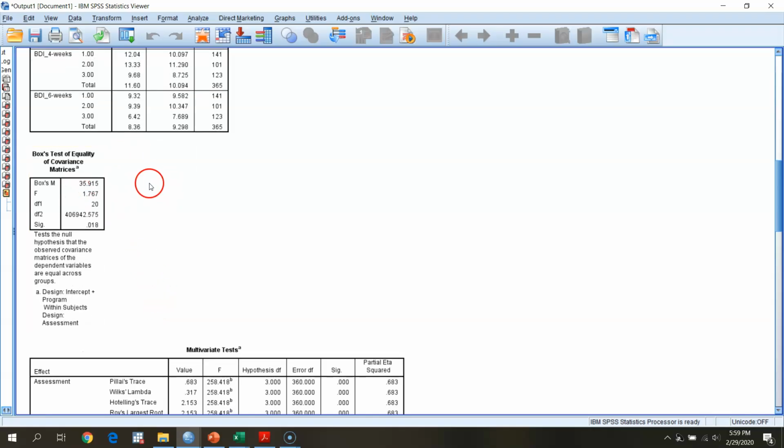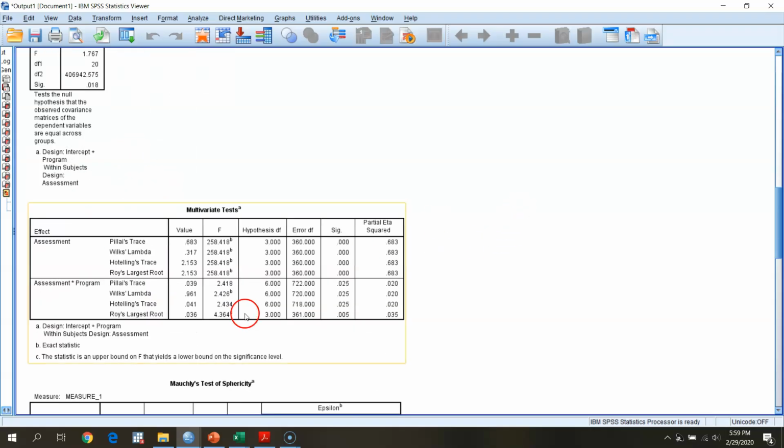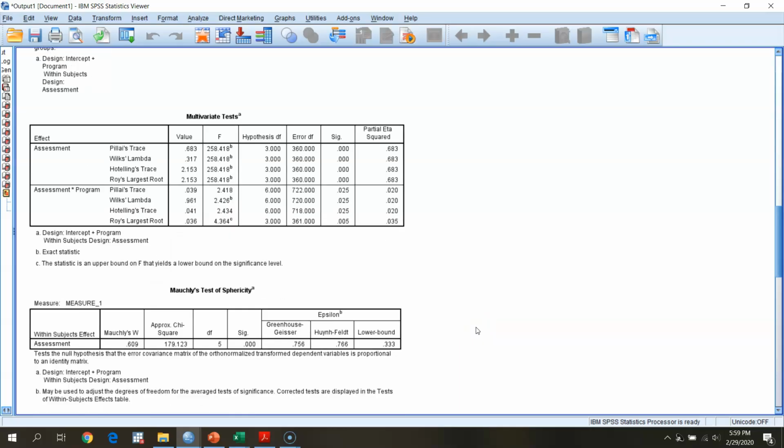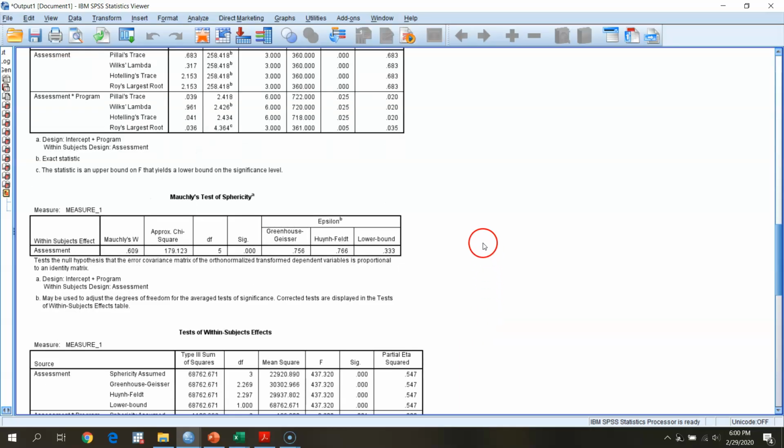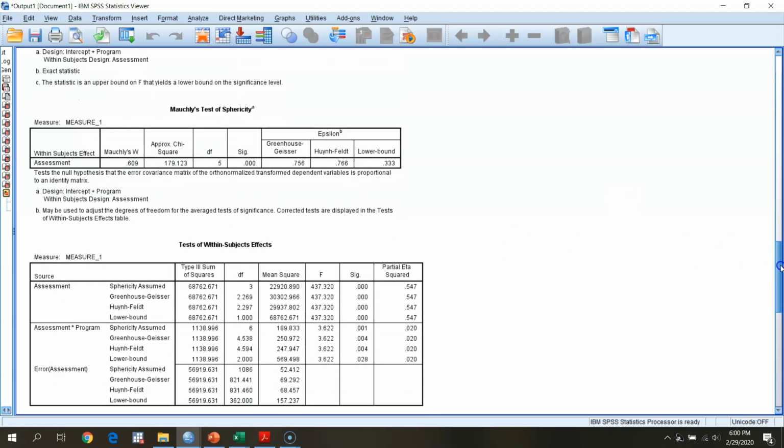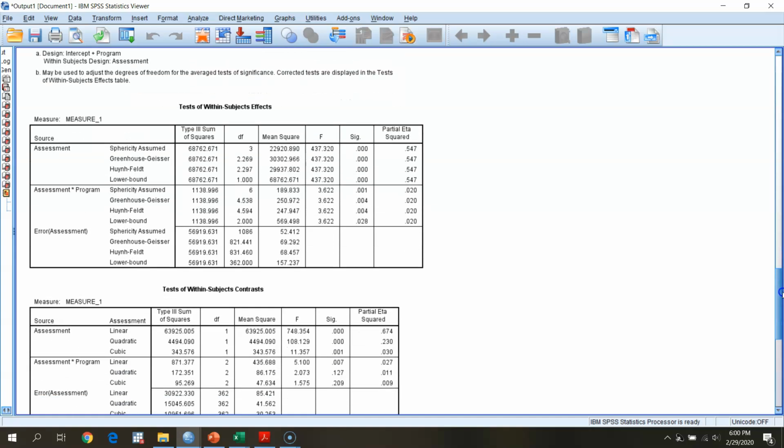point. Box's tests, we can ignore that. Multivariate tests, we can ignore that, as we discussed in class. Tests of sphericity, we already assume that we're going to violate that sphericity assumption, so we don't even need to worry about that too much. And what we can do is go right down into our test of within subjects effects. Okay, so if we're looking here, we see again we're going to interpret these Greenhouse-Geisser corrected F's